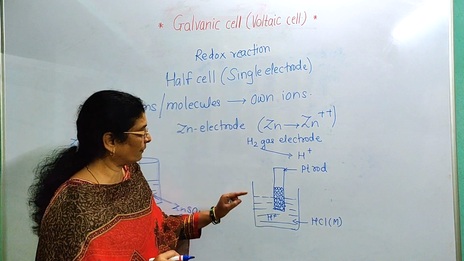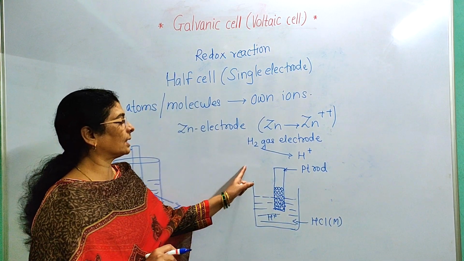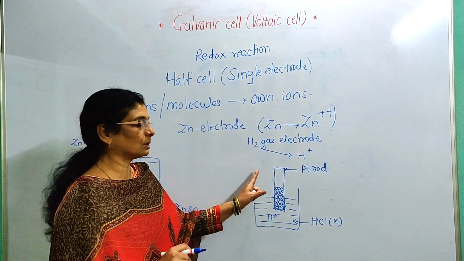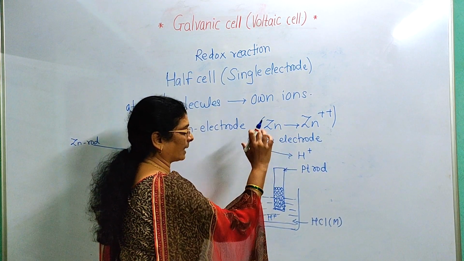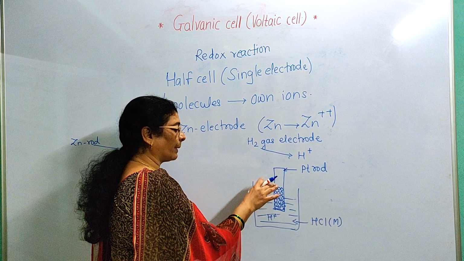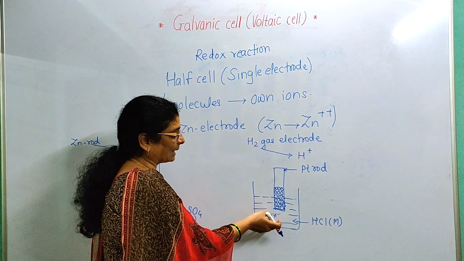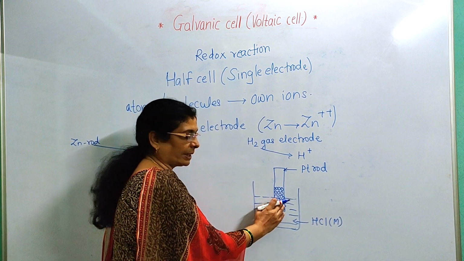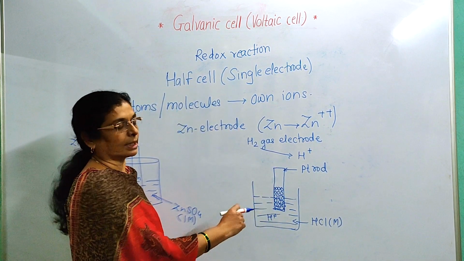The condition is fulfilled, and so this construction is called a hydrogen gas electrode or hydrogen half cell. Remember, for the construction of a gas electrode, the gas whose electrode we have to prepare is adsorbed on an inert metal, and that metal rod is dipped in a solution containing the